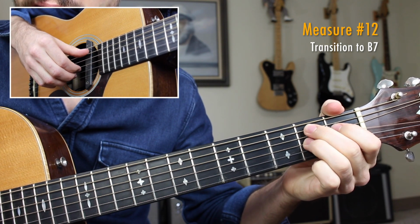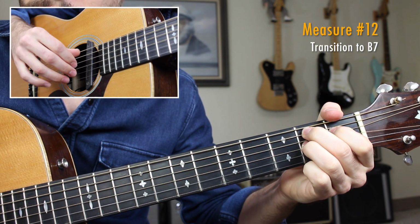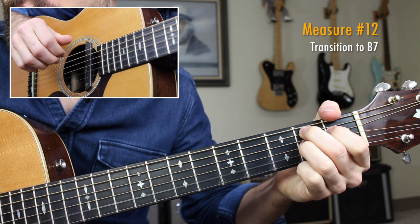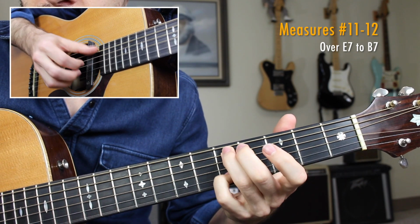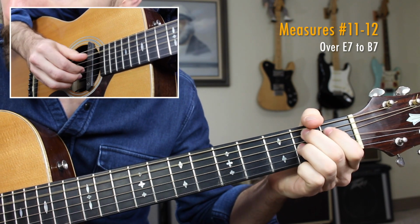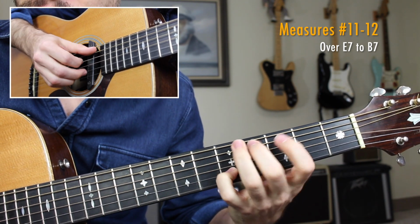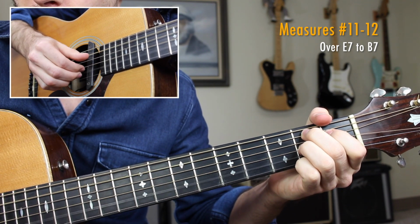All right, then when we get to the B7, bass note, treble notes, bass notes, treble notes. 2nd fret of the A string, and then we're just plucking the G string and the B string, and then repeat it. Okay, put those two measures together, we have. Okay, and use that as a counting exercise. 1 and 2 and a 3 and a 4 and a 1 and 2 and a 3 and 4 and...